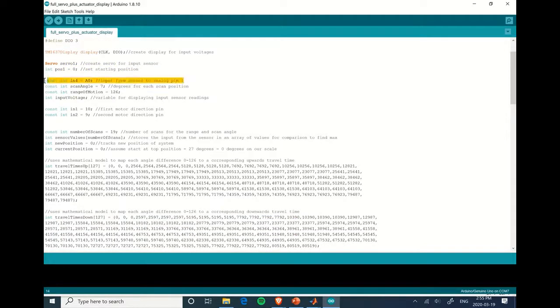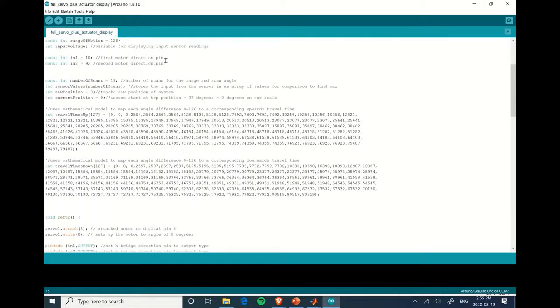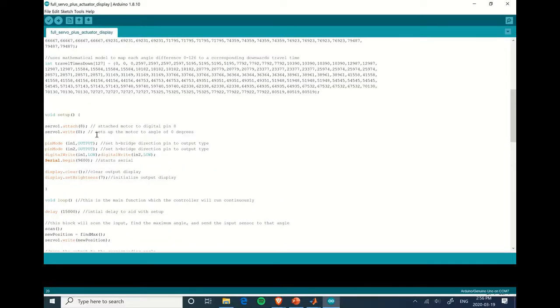This is the analog input pin to our Arduino from our input sensor, and it goes into the Arduino's analog to digital converter, which converts it into a digital signal for processing. And these are the hardware pins for the H-bridge controller, so it controls the direction of the DC motor. And finally, the servo motor is attached to the 8th digital pin here, which is the wire you could see